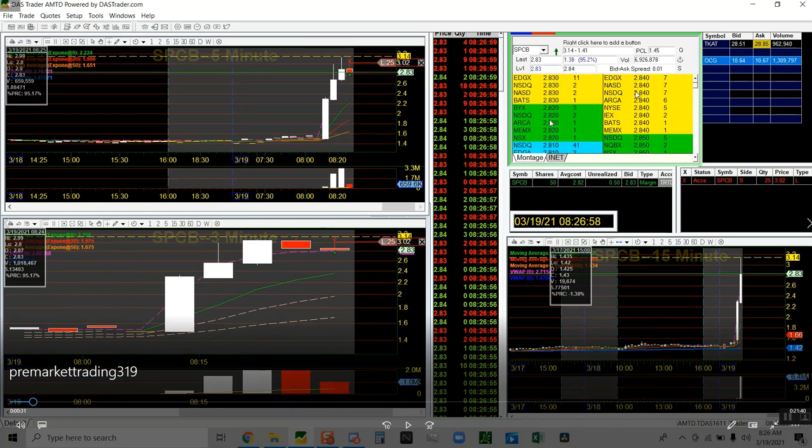And here's another key. Key number 1 is the reds on the tape. Key number 2 is, now look at the ask. It's stacked up against the bid. That's another key to identify the sell pressure. You got 1, 2, 3, 4, 5, 6, 7, 8 sellers at 284 that want to sell against the 1, 2, 3, 4 buyers at 283, and with the red in the tape. So that's sell pressure. It's gonna go down,